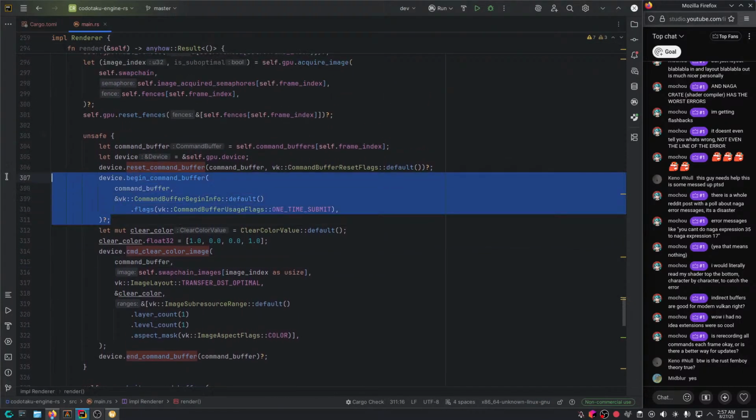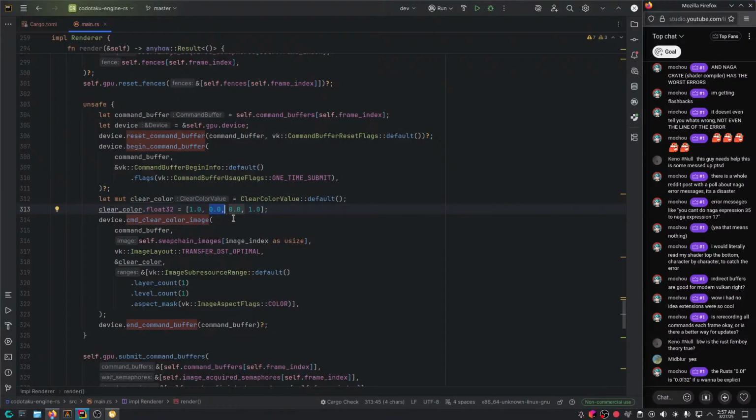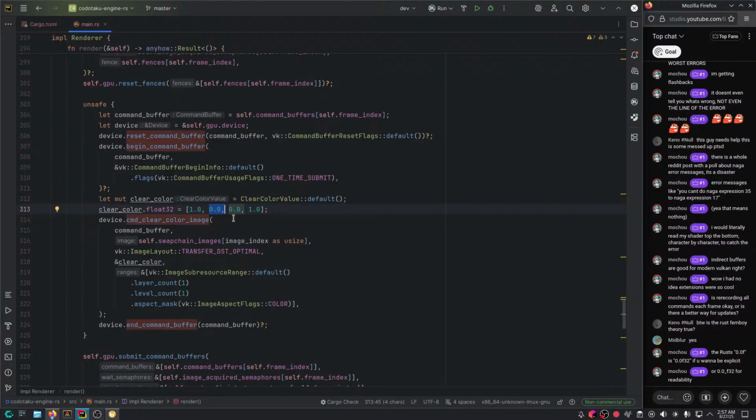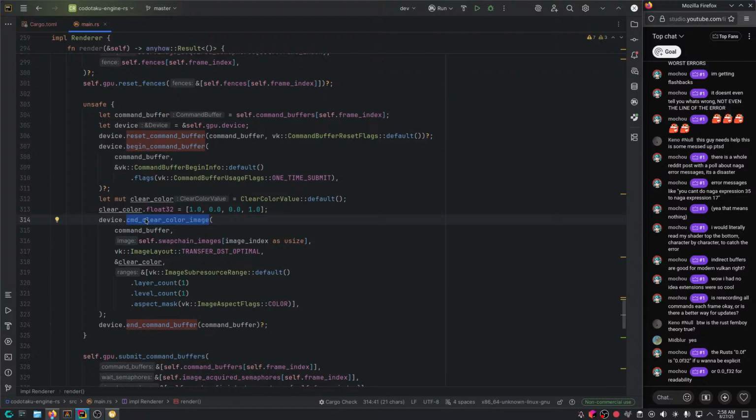So we're beginning the command buffer to start recording the command buffer for the GPU. Here we're just setting a clear color, you know, R, G, B, and A: red, green, blue, and alpha. The Rust 0.0f is 0.0f32 if you want to be explicit. I see. Gotcha. And here we got device clear color image. So instead of preparing a pipeline, which is going to take another 2 hours or so, right now we're just going to use a very simple GPU command called cmd clear color image. This is not even a graphics command. This is called a transfer command, right?